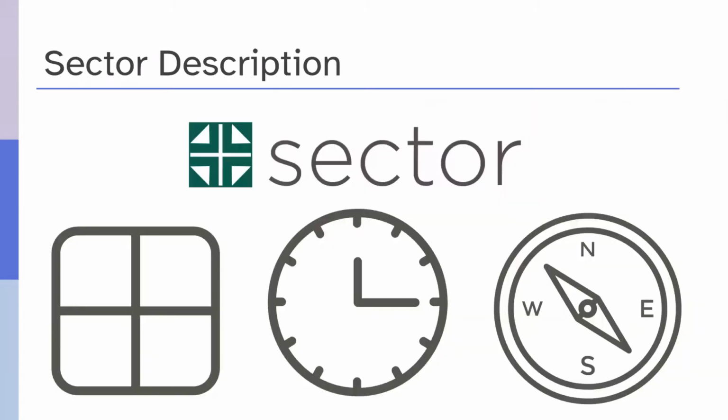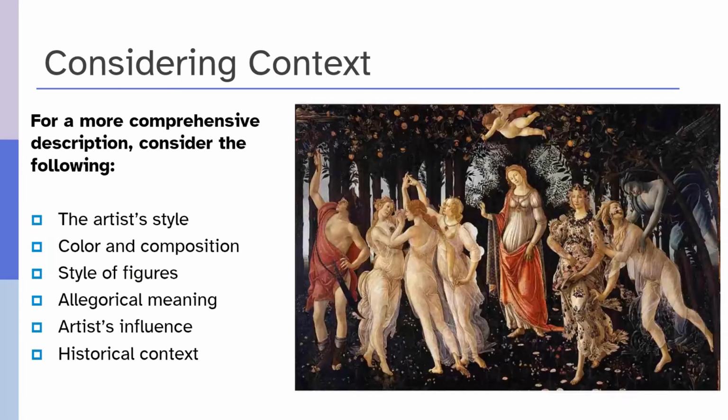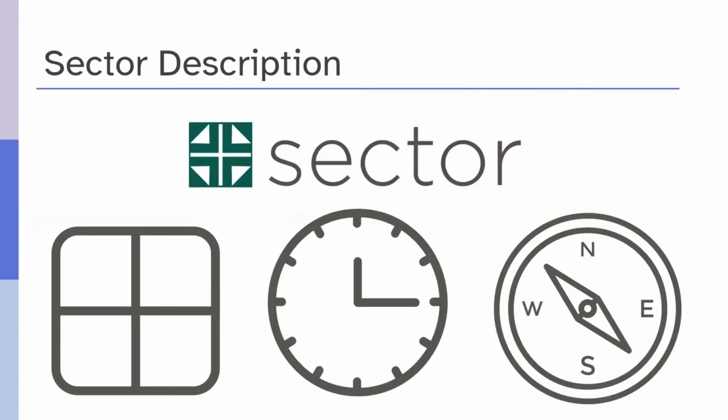Next slide, please. Great, thank you so much, Valerie. I just wanted to follow up on Botticelli by talking about sector description. Now, I mentioned this in the previous session. It's a way of breaking down a complex image or a complex artwork into its constituent parts. So if you think about the Botticelli, if we jump back here, there's a lot going on in that image. If you break it down into sections, you can actually describe it in a logical, organized way and go on a journey through that image, which is immersive to the actual reader.